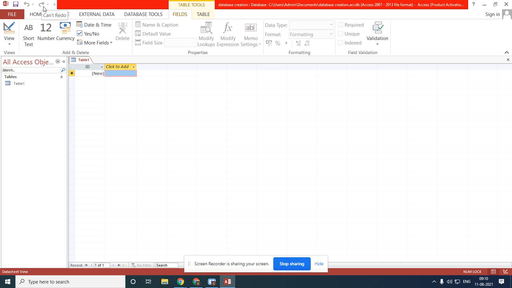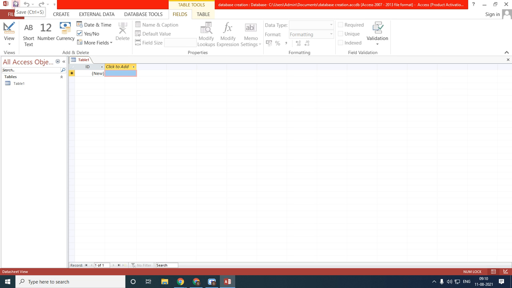Now this is the icon of the redo button. What is the use of this redo button? Whatever action you have undone, if you want to do that action once again, then you are going to use this redo button. So you understood about the quick access toolbar?